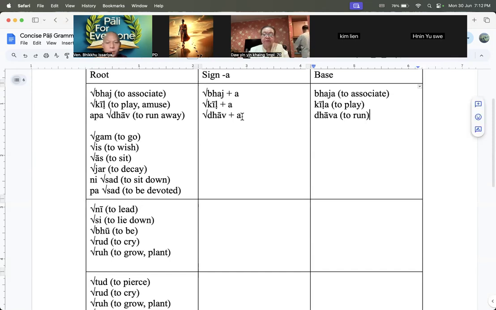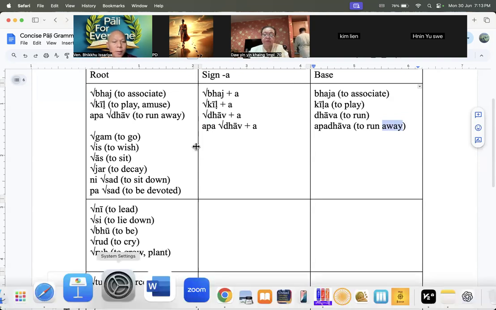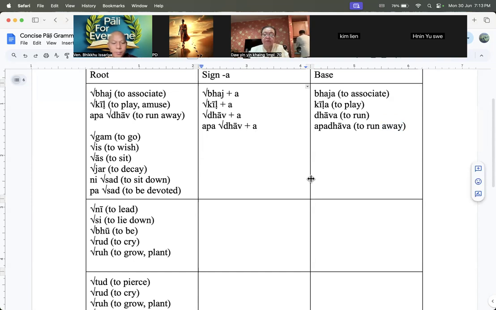But with the prefix apa, and then root dhav and a, we have apadhava, which means to run away. So the meaning of apa we can understand now, just the away like that. So I'd say adverbial also. And then in the next,